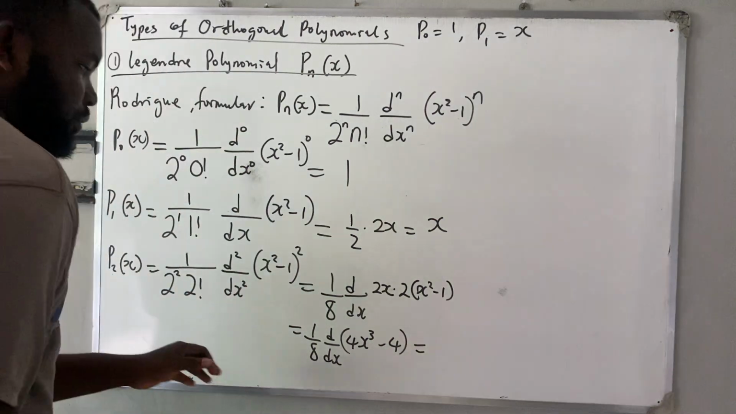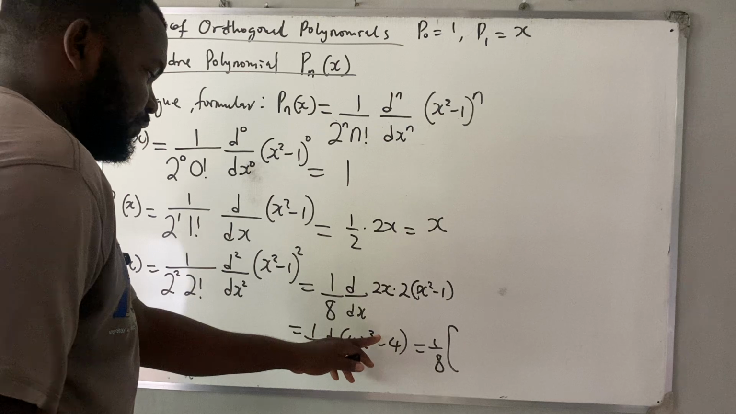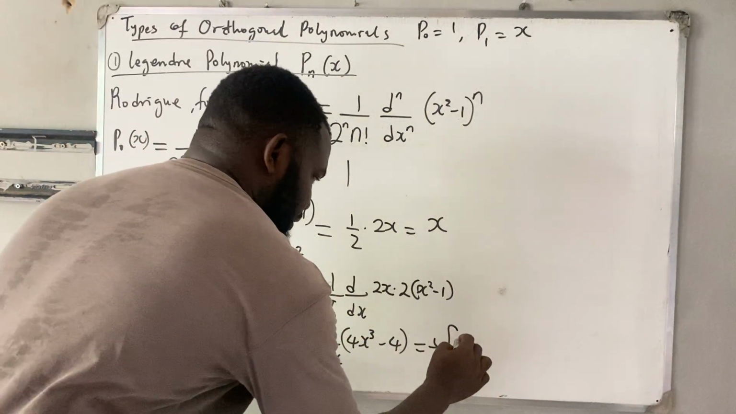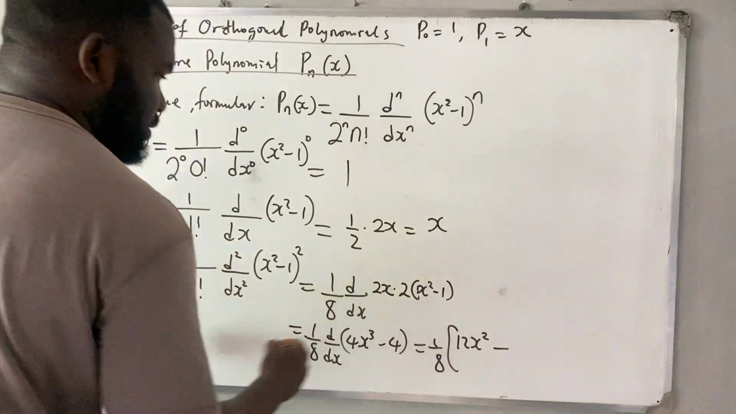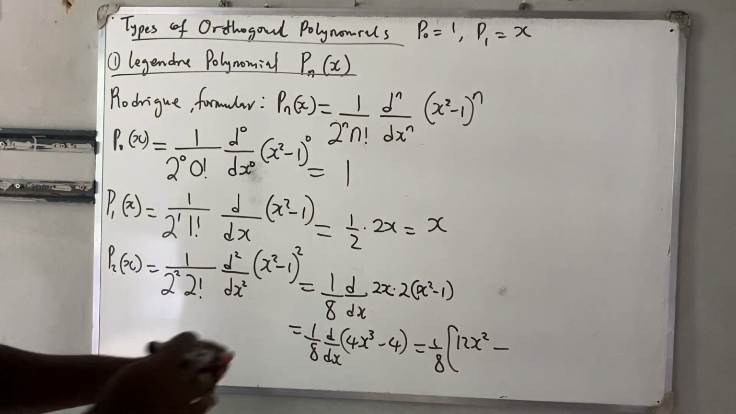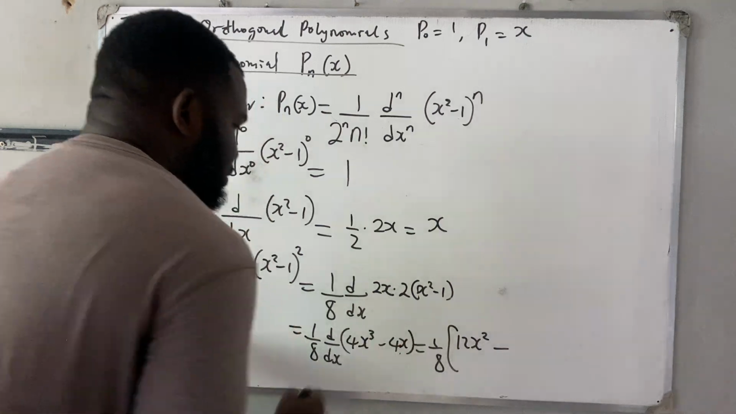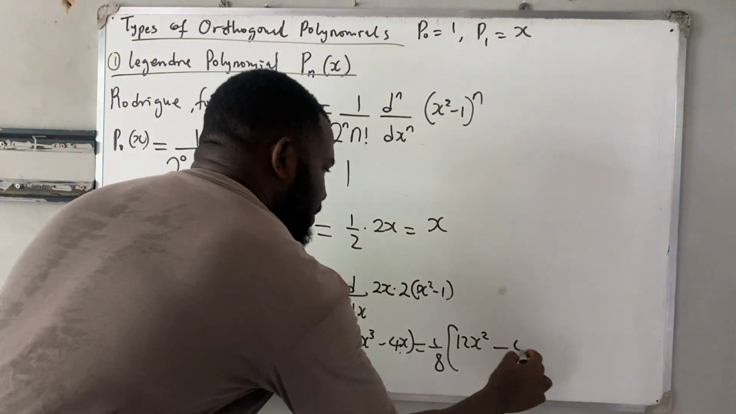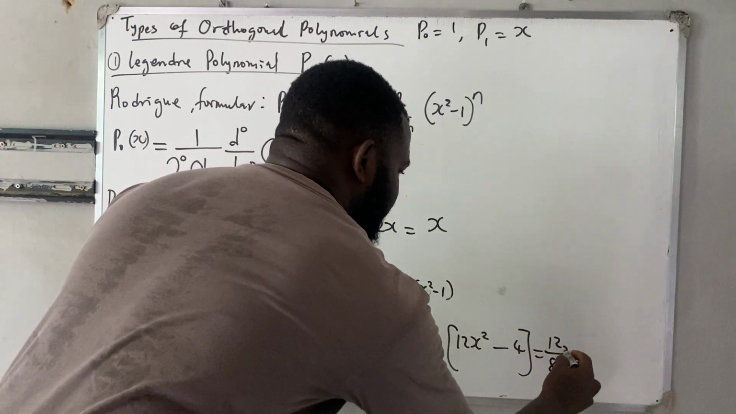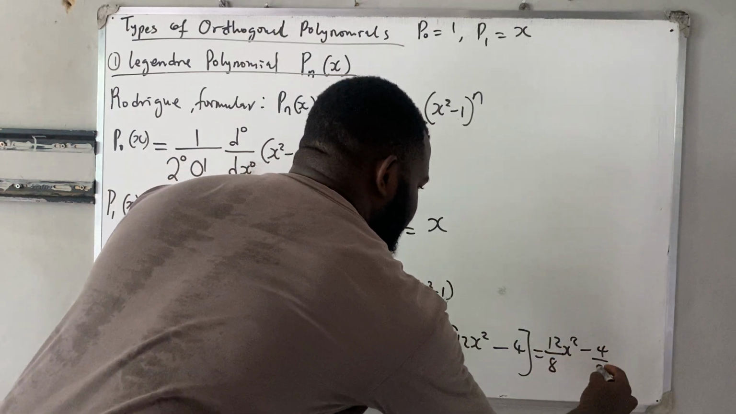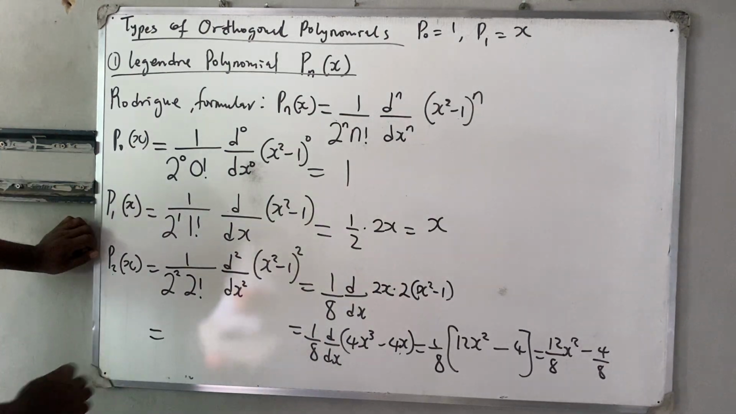Okay, so to give you 1 over 8 into differentiation of this will give you 12x squared. 12x squared minus differentiation of this is gone. There is x here. 4 times 1 is 4x. So differentiation of this will just give you 4. Okay, so if you share it, you're having 12 over 8 x squared minus 4 over 8. So the final answer will now be, let me write it here. The final answer will now be